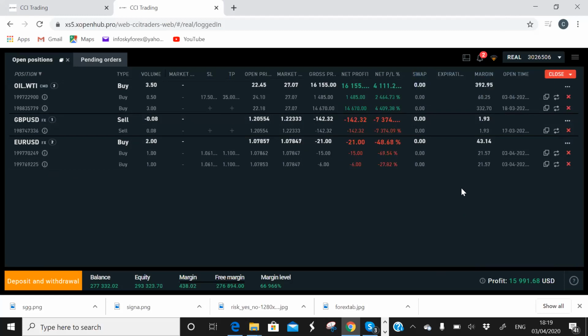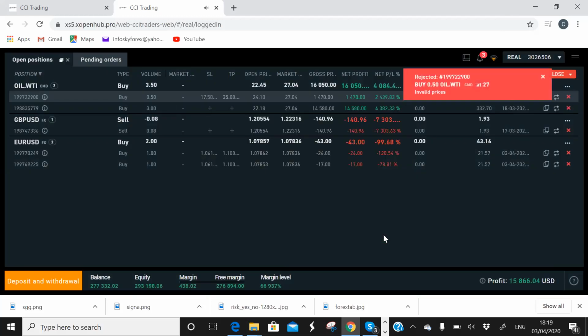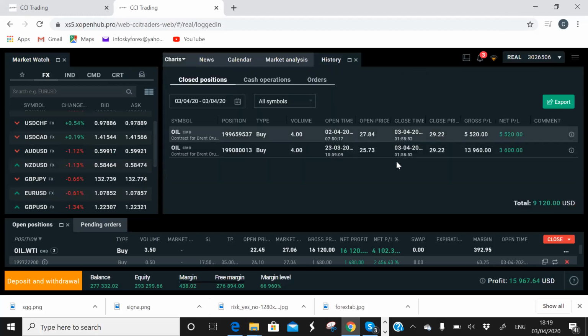Assuming I want to close my trade, close my position, I will click here, click on any of my profit here, and then my position will close. For example, I am getting $1,484 profit. Assuming I want to close this profit now, I will click here. I say yes. It has closed. My order has closed. Then if I come back here, I go to my history, I will see the history here.